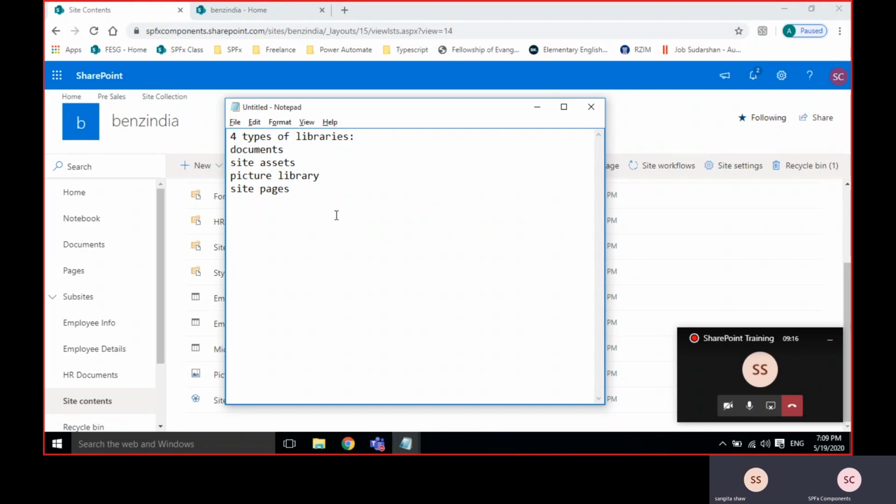For example, I have a requirement for storing all the profiles in our organization, then I'll go for a picture library. For example, I want to create multiple pages, like we have an Office 365 e-learning program, so I'll write articles on it and maintain multiple pages.